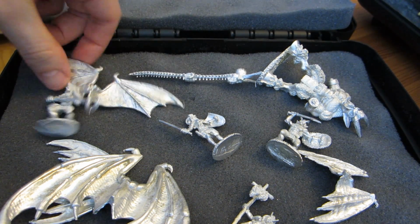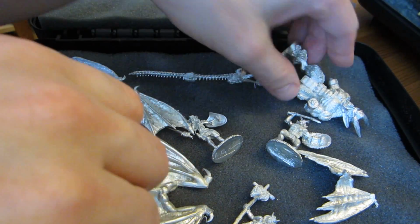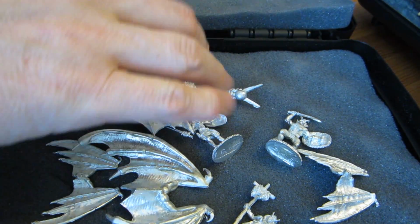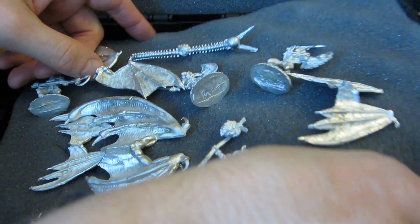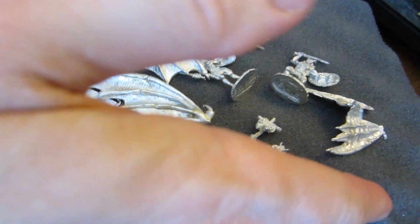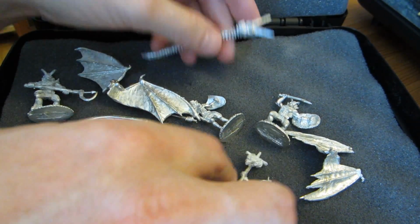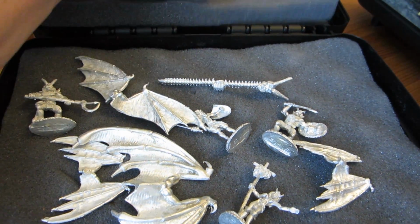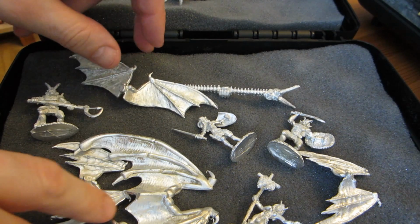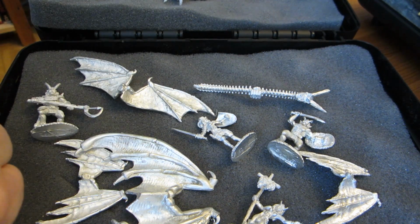And I wonder where this guy's other hand is. I'll have to look around and see if I've missed something, or if I have to call Reaper about a missing part. But anyway, that